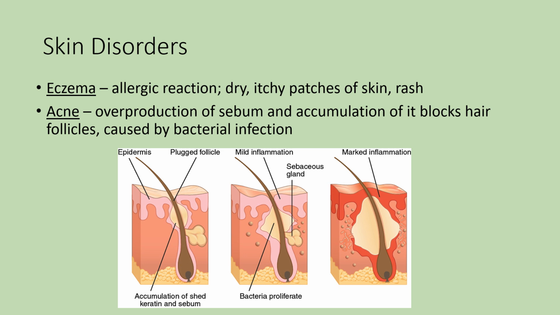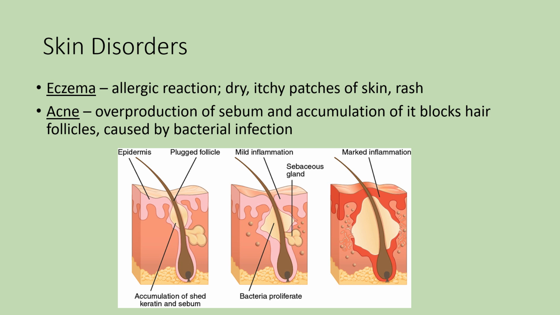There's a lot of different skin disorders. We're just going to talk about a few of them. Eczema is an allergic reaction. It results with very dry, very itchy patches of skin, not the entire body, but just patches, so it often looks like a rash. Acne is when there's an overproduction of sebum in that sebaceous gland, that oil gland,